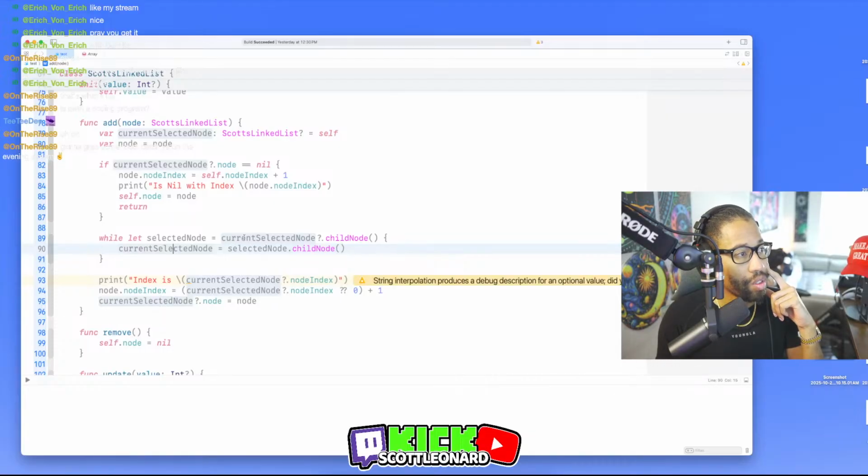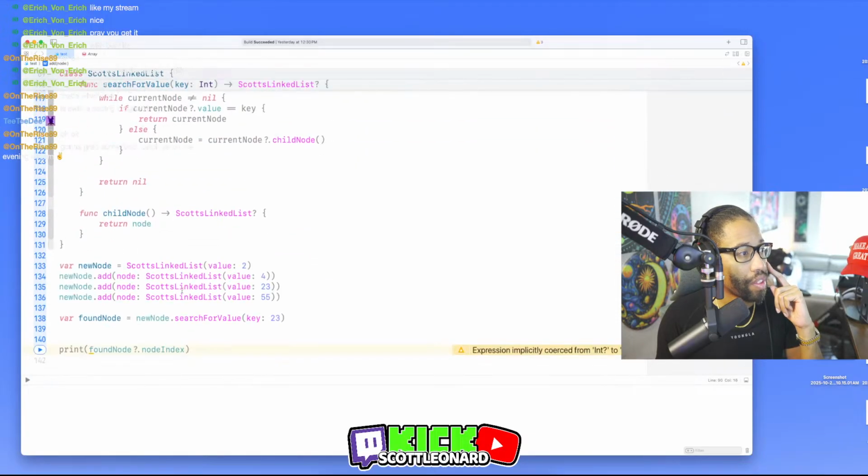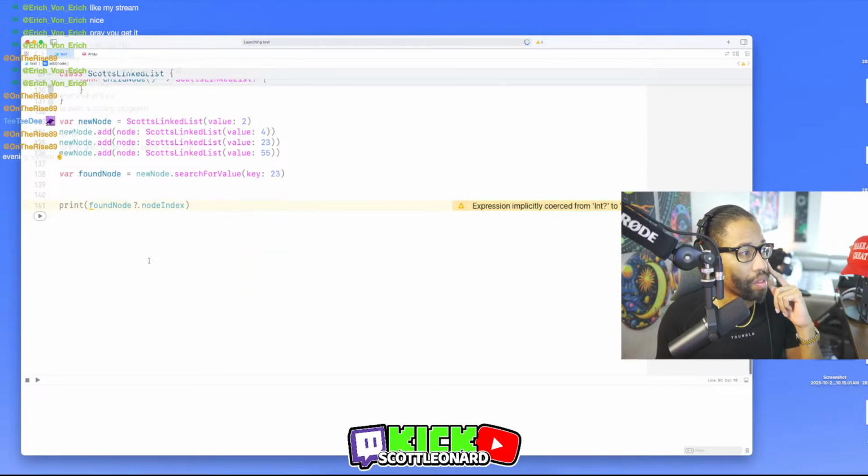When it's nil, this is going to be a nil value. So then current selected node dot node is going to be the new node that we're adding. I think this works, but I'm a little apprehensive, but let's see.